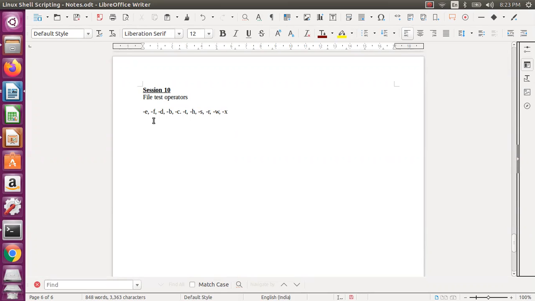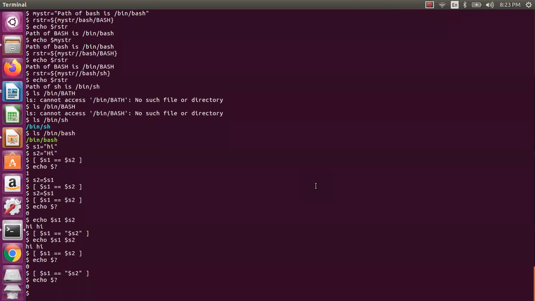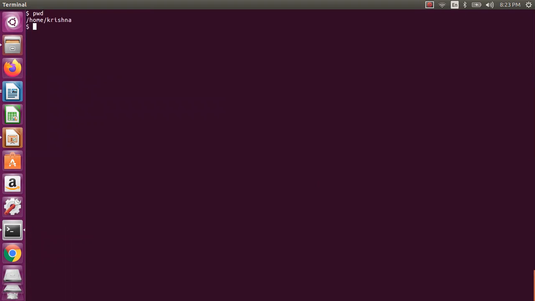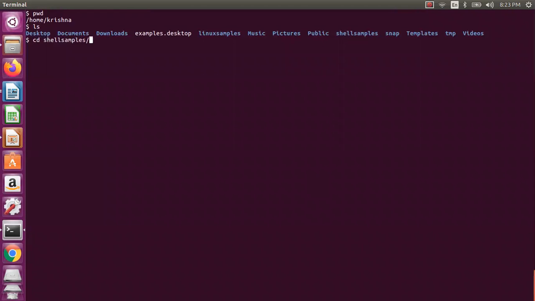Okay, so now let us do whether it exists or not. Let us check with that. I'll just close this. Now let us go to the shell samples. We will try one or two samples. Now I'll give myfile equal to, like this. You can give double quotes or not, it doesn't matter, because you don't have any space in that. You can give it directly like this, or you can give the file name also like that. So we will check whether the file exists or not. Now I say my file, this one. Okay, now if you see this one, echo dollar question mark, which is true.